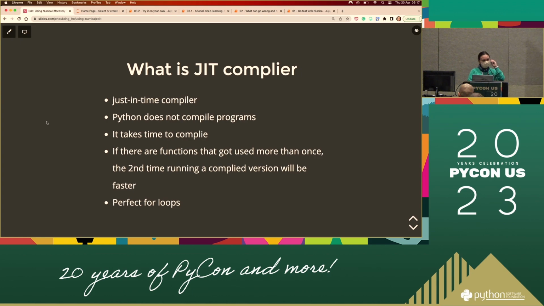So remember one thing: when the JIT compiler sees your code that wants to get executed for the first time, it will compile it. So what does that mean? It means that if you just use that function for the first time, you will go through the step of the compiler compiling your code and it gets executed, right?